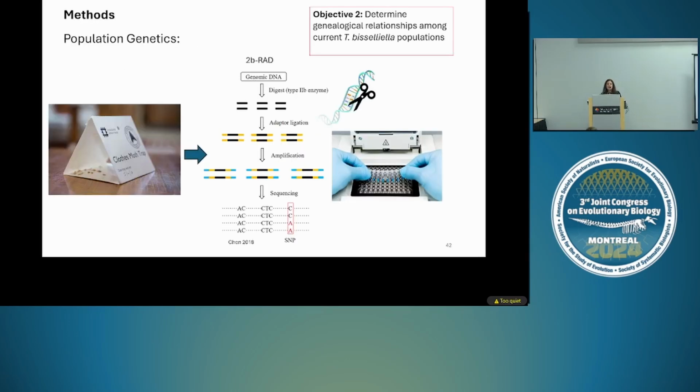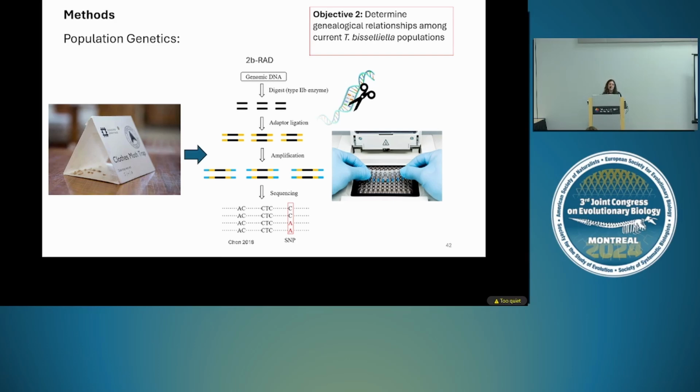So for this objective, I sent moth traps all around the world, and I used 2BRAD for sequencing, which is a reduced representation popgen approach. And this is good for intraspecific relationships, and is different from UCEs in that it captures more variation around the genome rather than focusing on specific orthologs. And then I used ANGSD to call SNPs based on genotype likelihoods, and I did some PCAs that I will